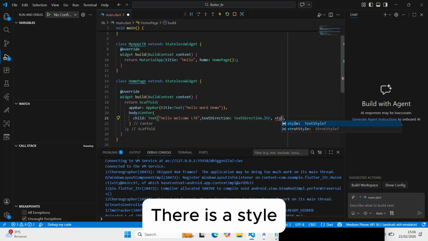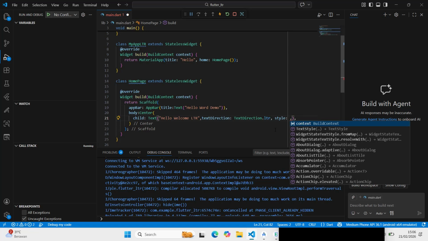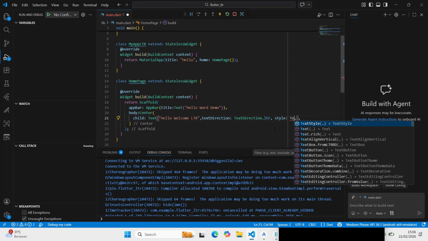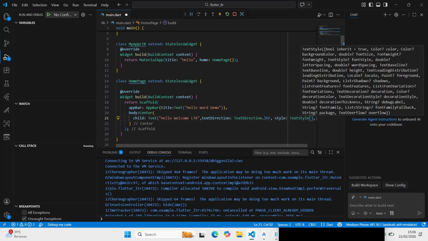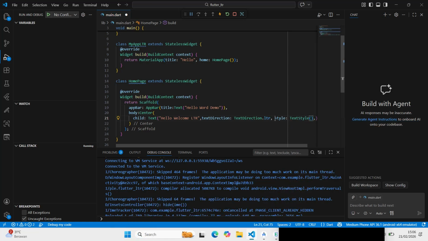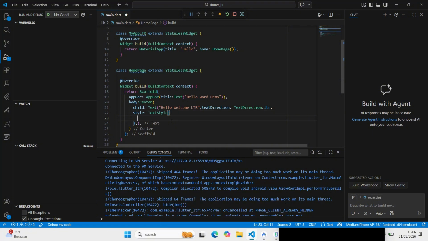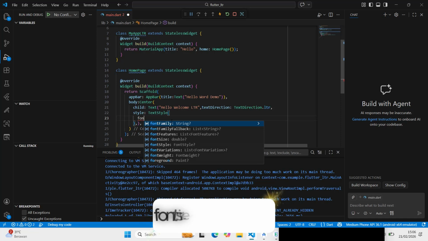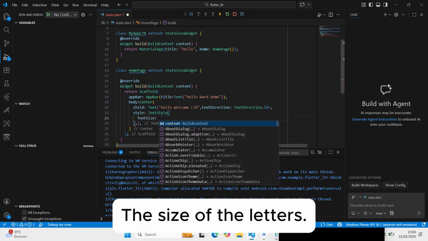Next, there is a style. Added text style. Well, this can later. We just enter in this text style, there later we make font size, yes. The size of the letters. I made it, for example,